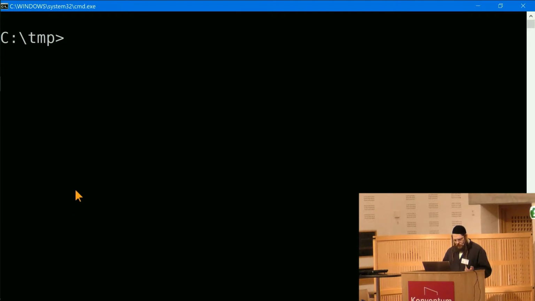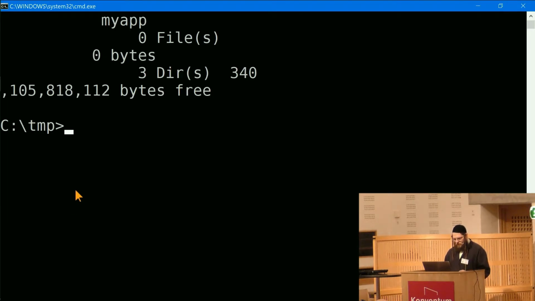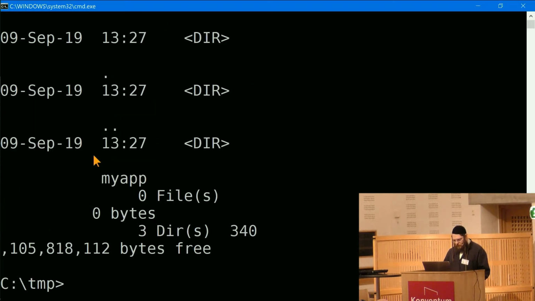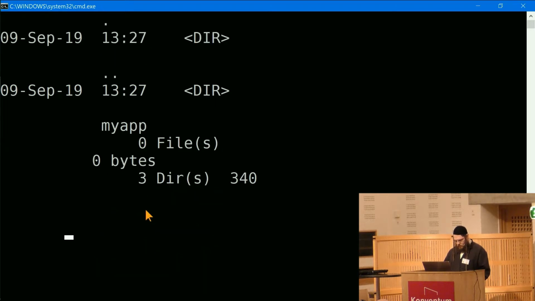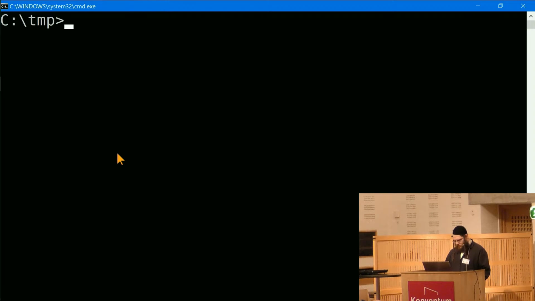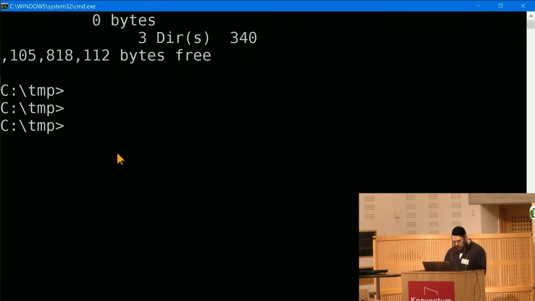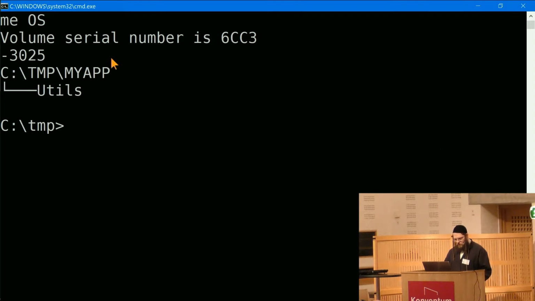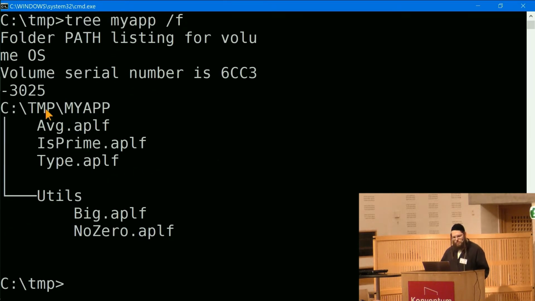So if I look in here, we can see that we have a directory. It looks a bit funny. My app, it hasn't quite picked. Okay, we can do a tree view of my app, and we can see that it's just this. It didn't do anything with the files. So we can see we have